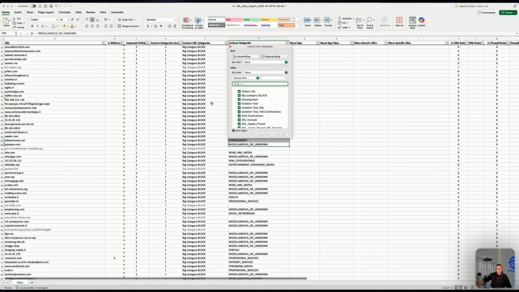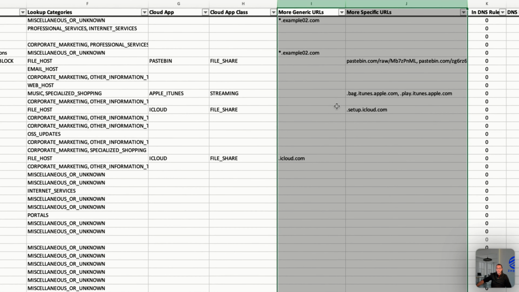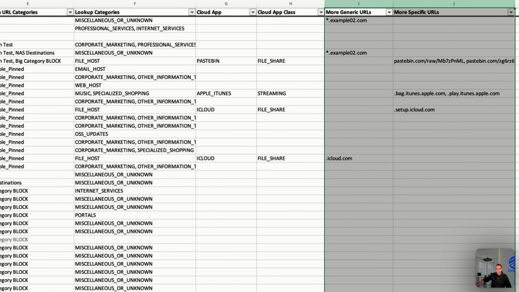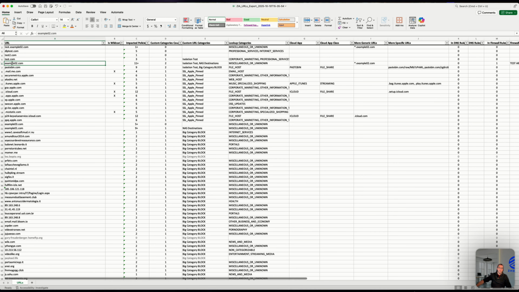Another interesting thing that we have in this report is these other two columns, which show me if the URLs that I'm analyzing have other related URLs inside the configuration. For instance, here we are speaking about example02.com, but here it shows me that somewhere else in my configuration, I also have wildcard example02.com as a more generic URL. While in other cases, like this one with itunes.apple.com, which is a wildcard here, I have more specific URLs defined somewhere else in my configuration,